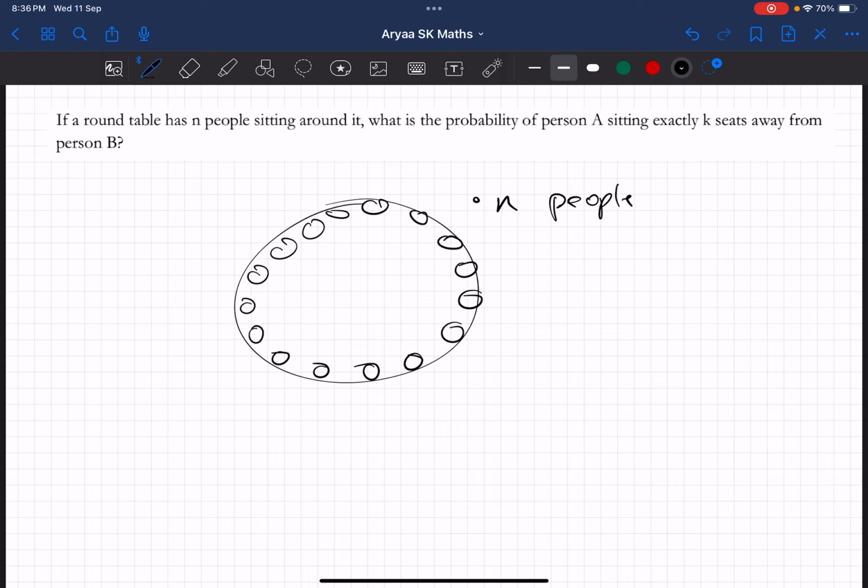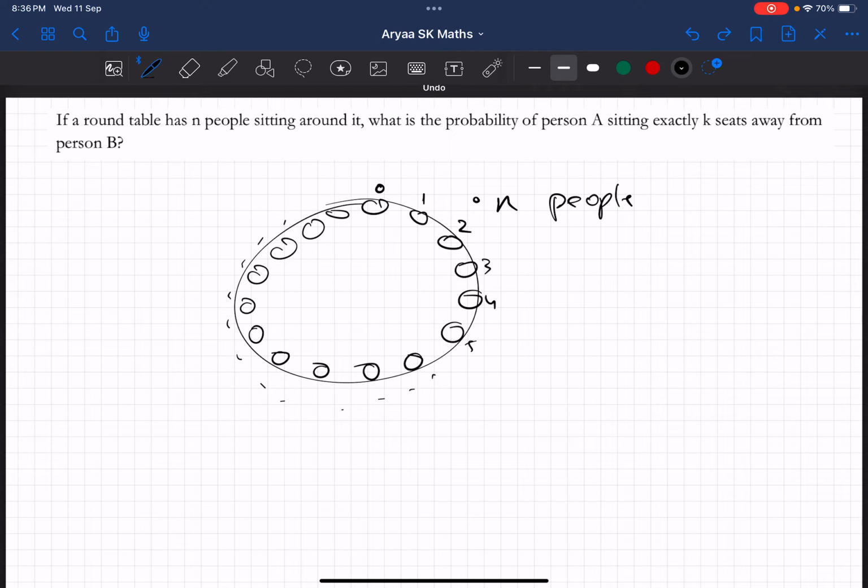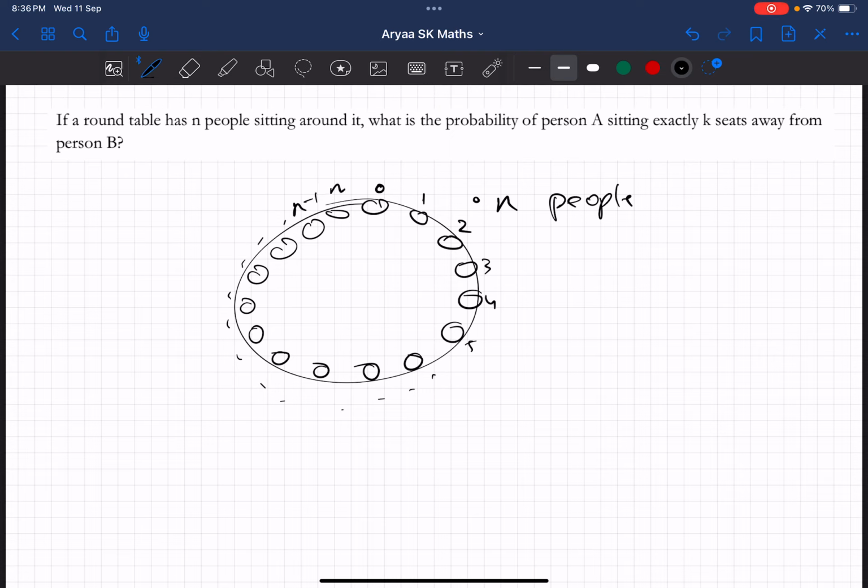Let's just choose person A and person B at random. So if we assign a number to every single one of these seats, we'll start at 0 here, and we'll just go 1, 2, 3, 4, 5, on and on, all the way around the circle till we get to n over here, at the n minus 1 and n. Okay, so now what we can do is we can say